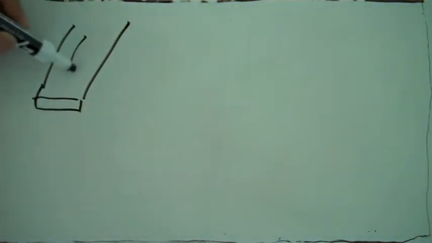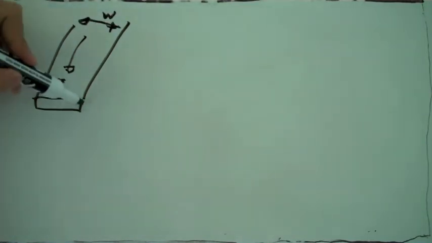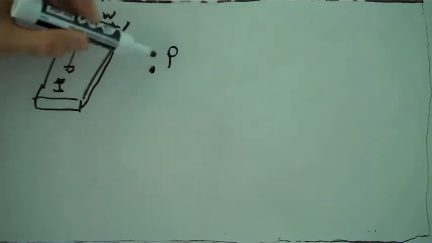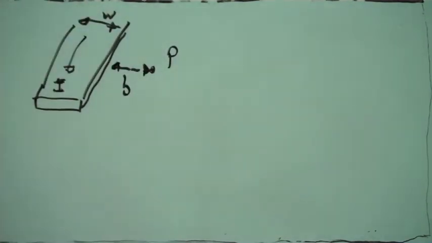So in this problem we have this flat wire that looks like this with a current I flowing in this direction. The width of this wire is W. It's infinitely thin, but it has some width W. And we want to know the magnetic field at this point P, that's a distance B away from the flat